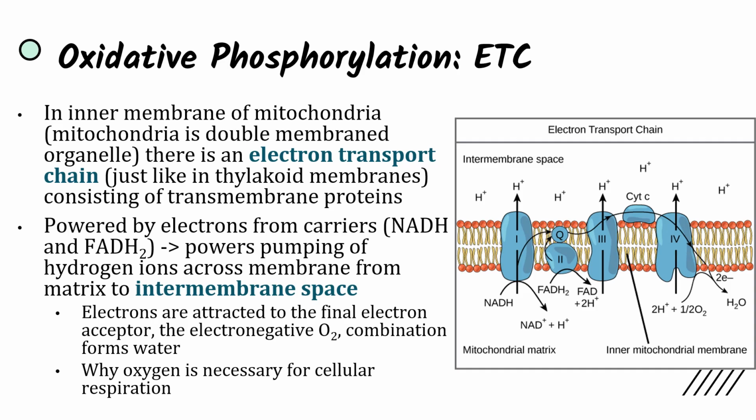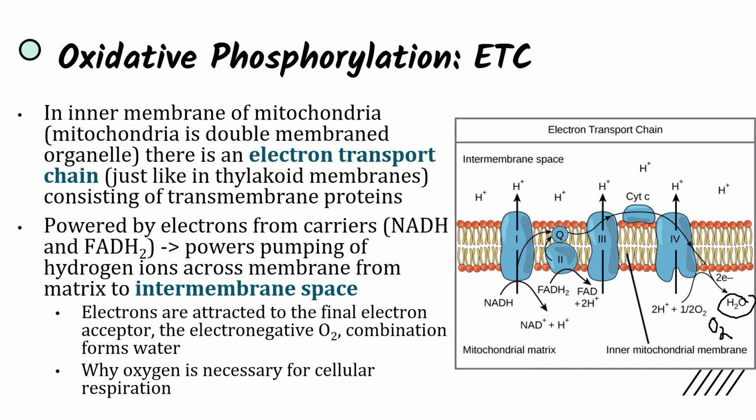And electrons are moving through this electron transport chain because they are attracted to the final electron acceptor, the electronegative oxygen molecule. And this combination of the electrons plus the oxygen plus a couple more hydrogen atoms is going to form water, which is why water is a product of cellular respiration,